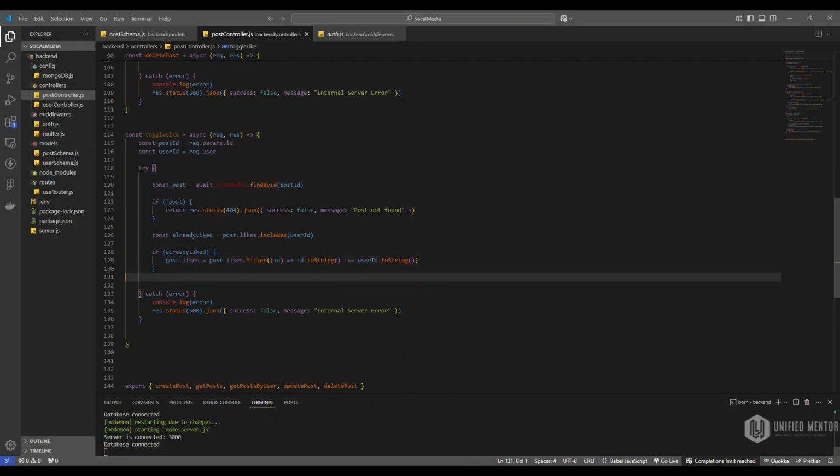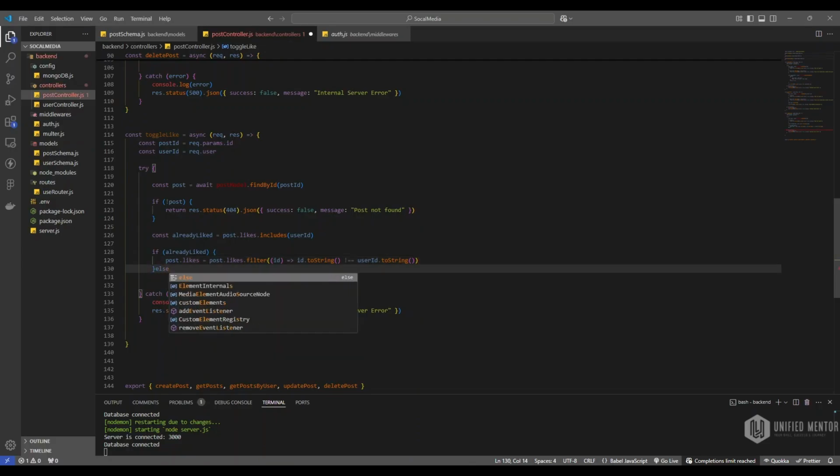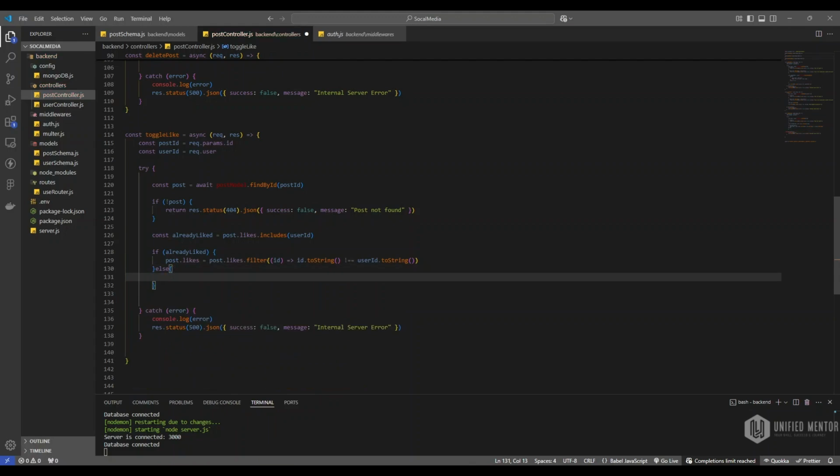We will check, we will filter out if the id is not equal to the user id. If it is not there, we will unlike the post, or else post dot likes, we will push the user id. We will use the push method, as this is an array. We will push by giving user id here,